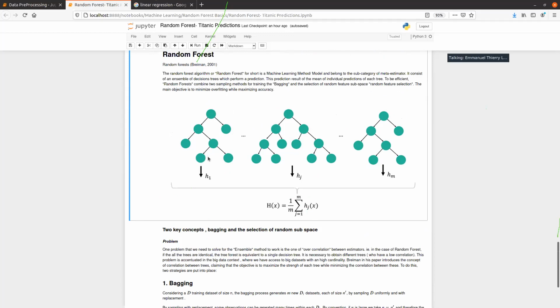So the tree will say dead. The second tree will say dead, and maybe the third tree will say alive. And so here, if you have three trees, then you will take the prediction dead as the final prediction on the basis of a score of 2 to 1.